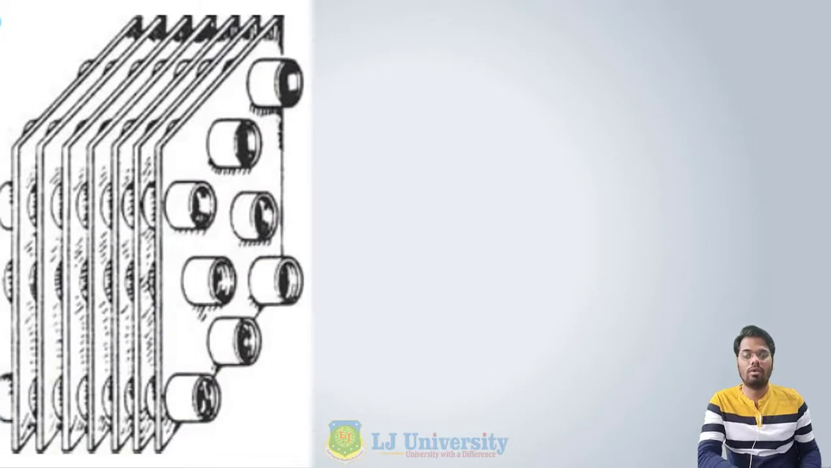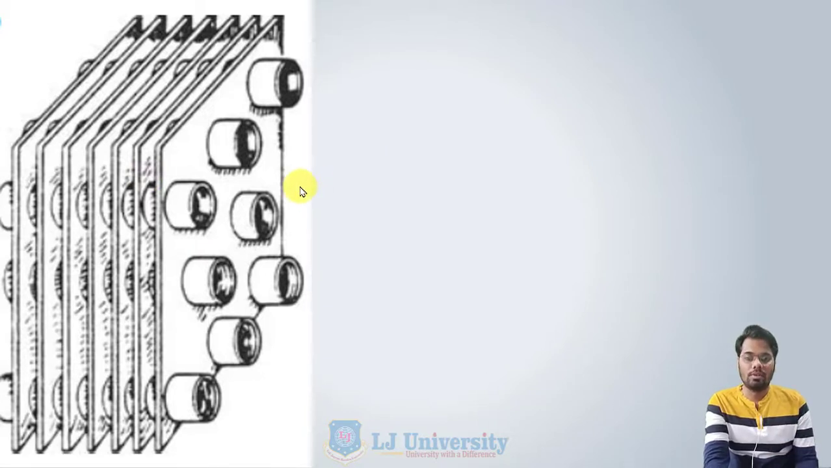This is the figure from which you can understand the construction of a compact heat exchanger. Here you can see that this is a plate type compact heat exchanger, in which these are the tubes through which cold fluid or hot fluid is flowing, and these tubes are covered by this plate, which provides extra surface area for the convective heat transfer. So this increased surface area provides